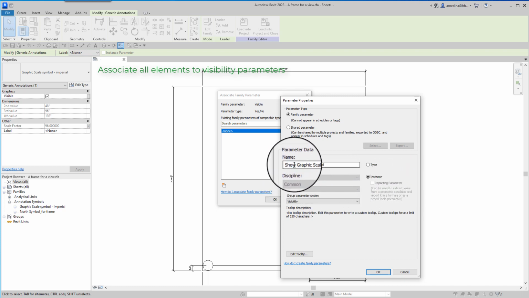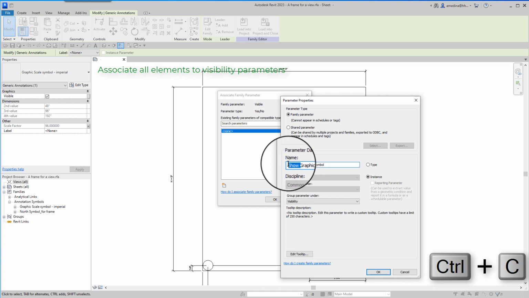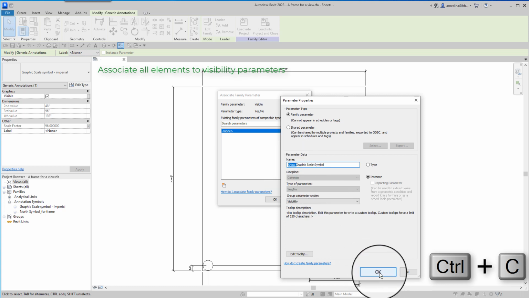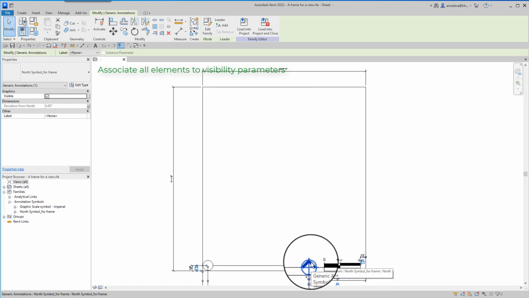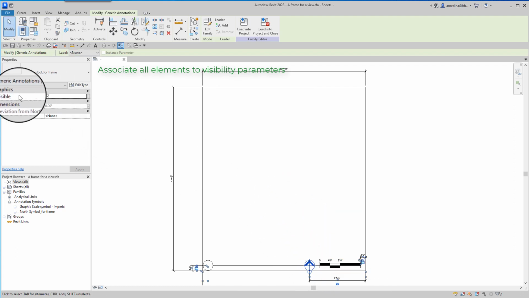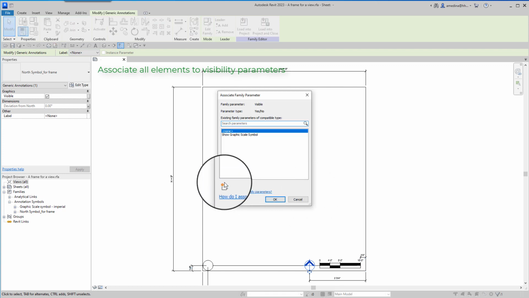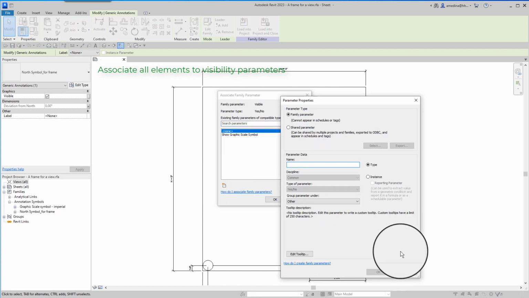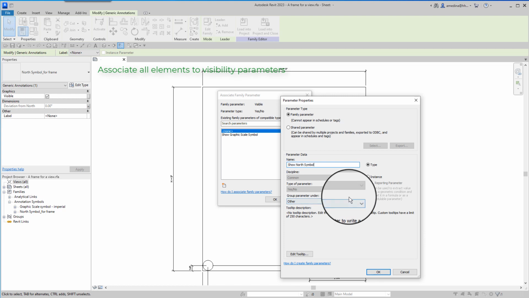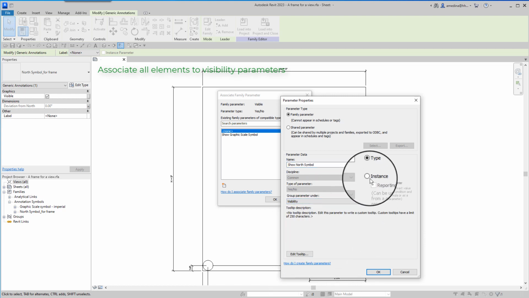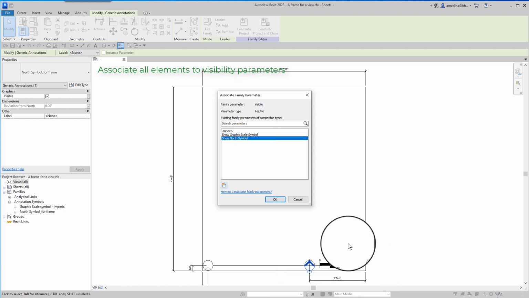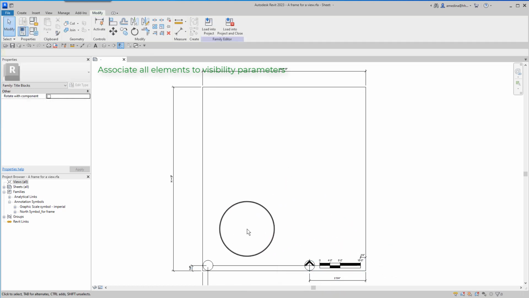I am going to copy the word show for the other parameters. Okay, let's do the same for the north symbol. Visible, associate with show north symbol. Visibility and instance. Click OK, click OK.